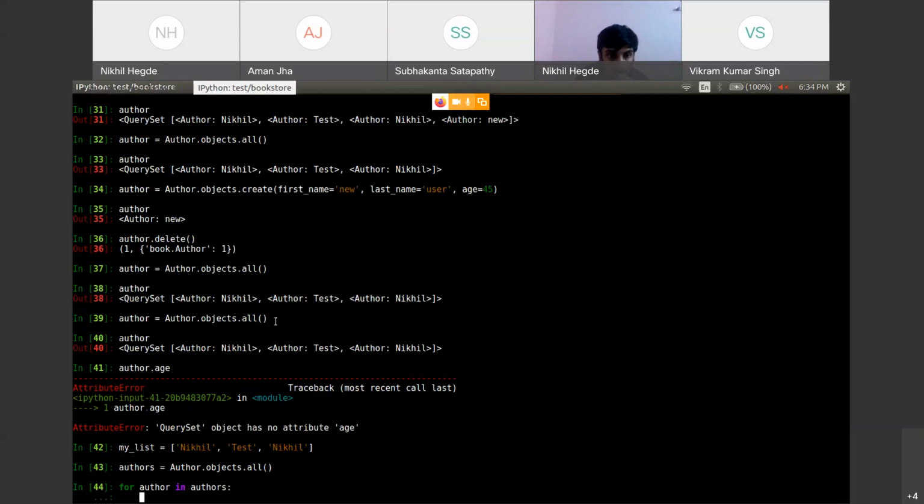But the advantage is that in a single query you are getting all the objects here. So you can do these things in multiple ways. I'm not saying that whatever you have told is wrong, it's correct only. But your ultimate goal is to use all and then loop. It's more feasible.